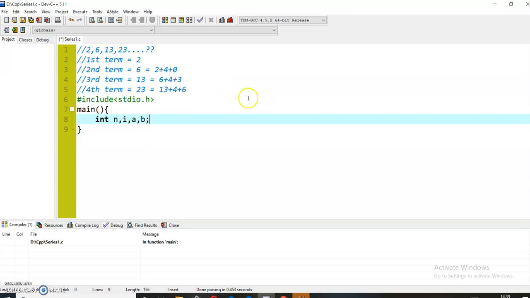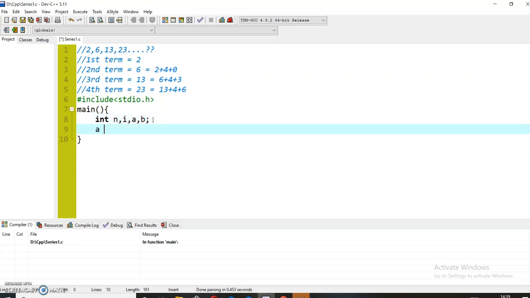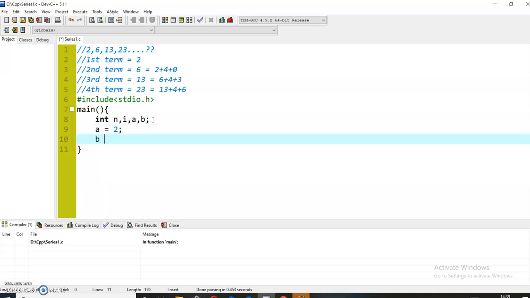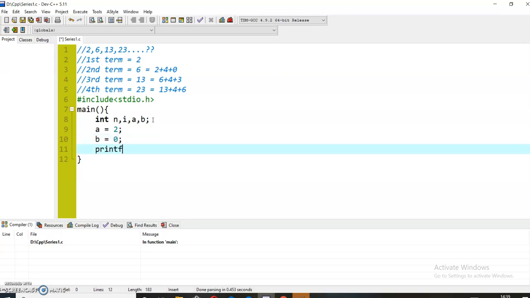I have taken n to take the input from the user, to let the user inform which term he wants to see, and i is used for looping. I will initialize a with the value 2, because our first term of the series is 2, and b I will initialize to 0.